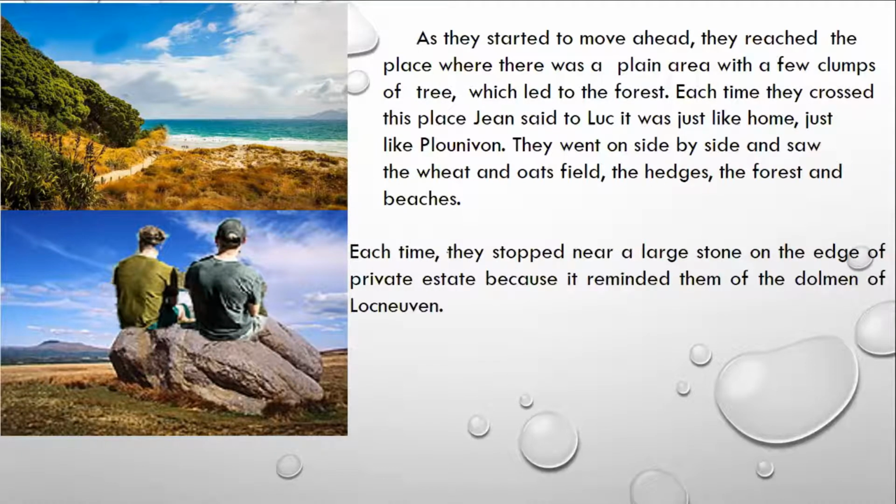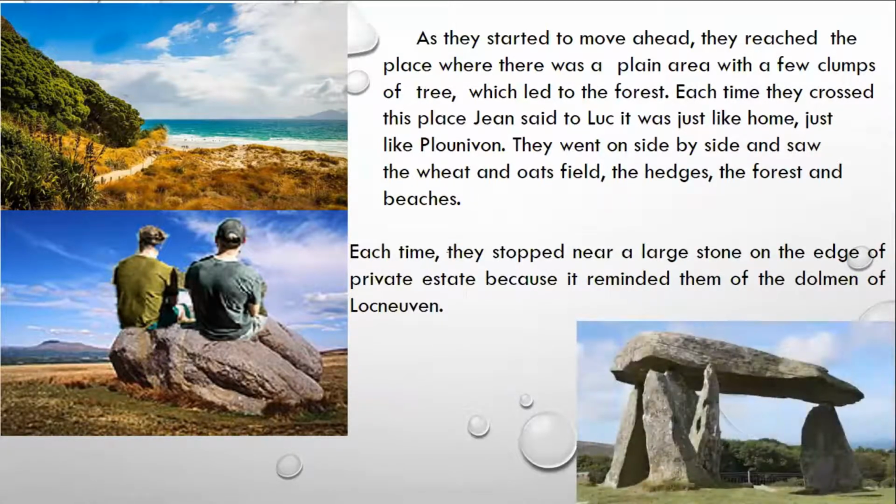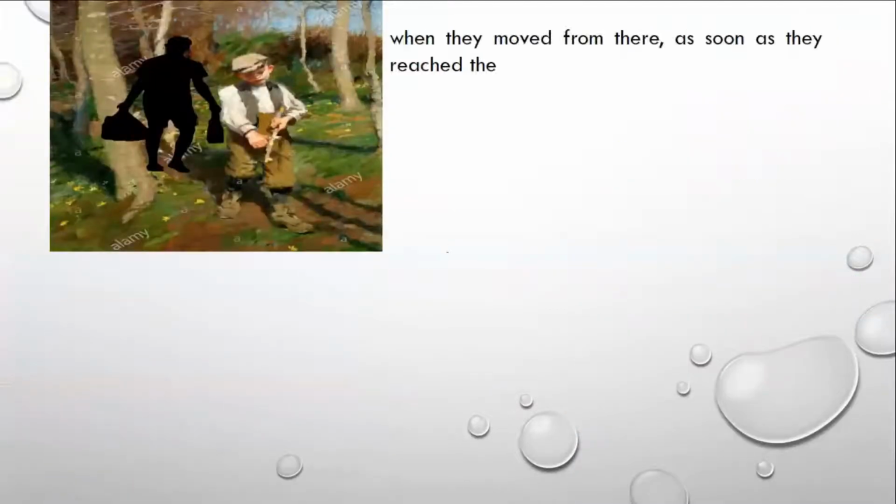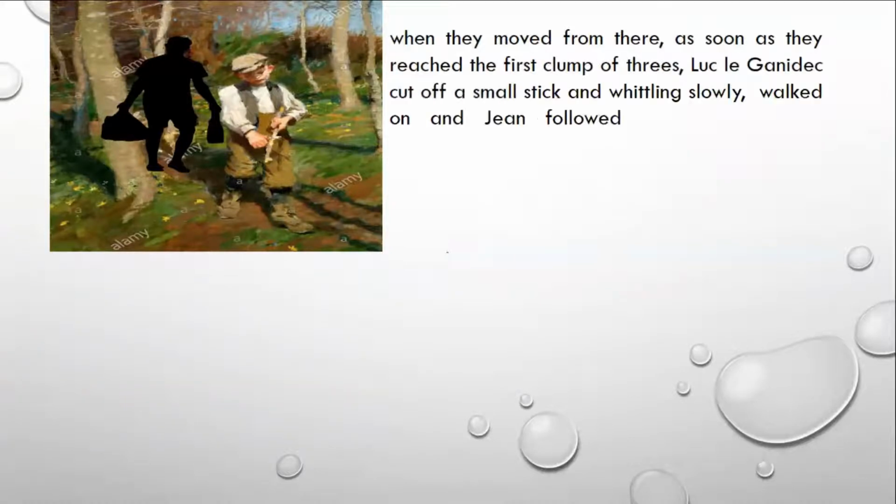Each time they stopped near a large stone on the edge of a private estate because it reminded them of the dolmen of Loc Nevin. When they moved from there, as soon as they reached the first clump of trees, Luc cut off a small stick and whittled it, walking slowly, and Jean followed him carrying their provisions. Whittling here means